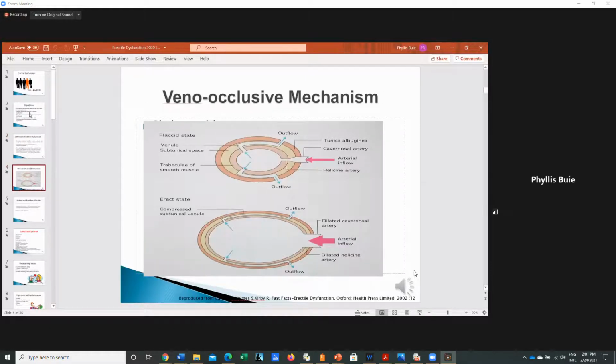I put this picture in here so that you could just kind of get an idea of how the process occurs as far as the erect state and the outflow of blood, and the flaccid state, and how the arterial blood flows inward. And that's just a visual for you. I'm a visual learner, so I try to include pictures for you when I can to help make it a little bit